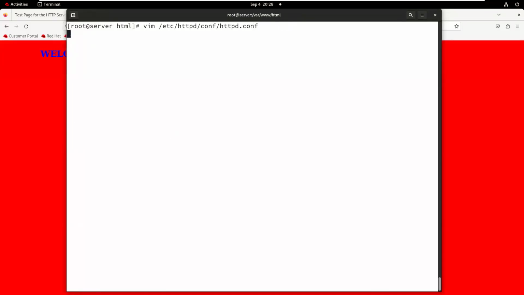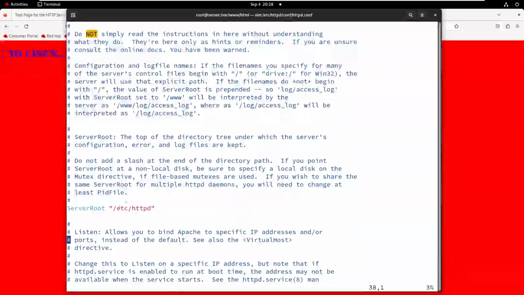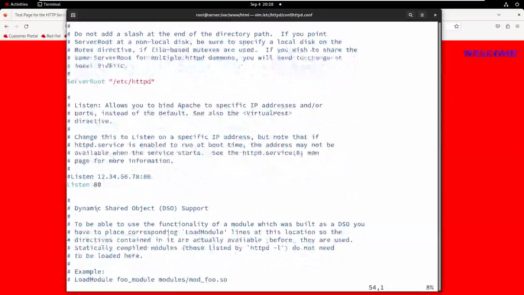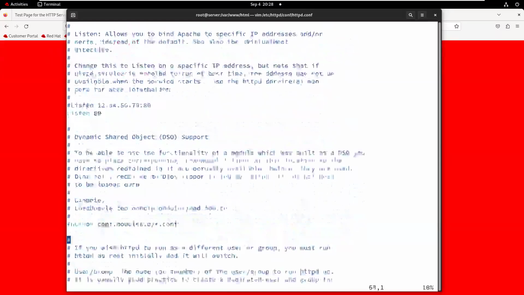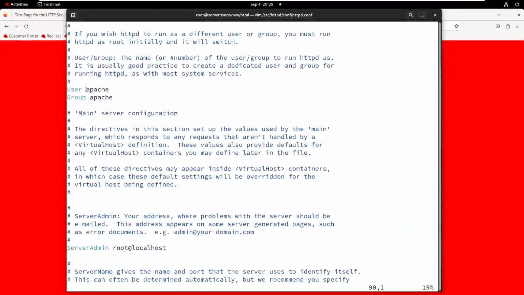In this configuration, see the Listen directive: the server is right now listening on port number 80. If you want to change the port number, we can change the listening port here. Even the server by default runs with the user Apache and the group Apache.